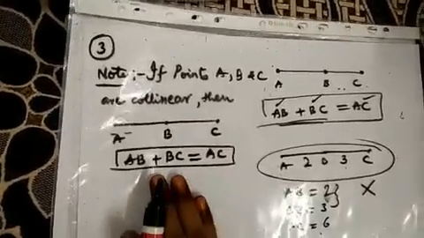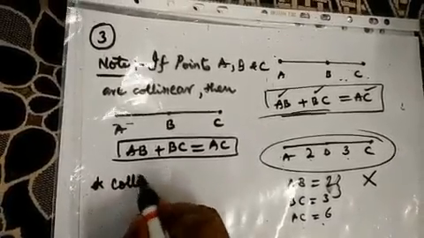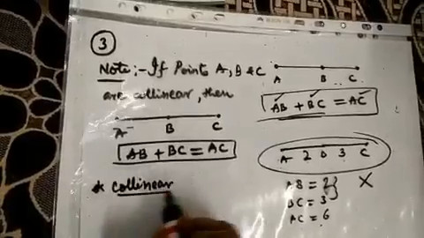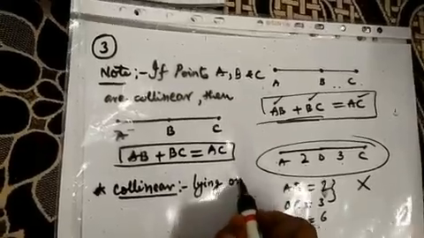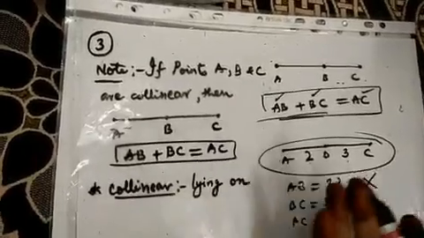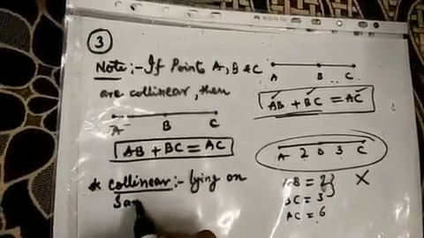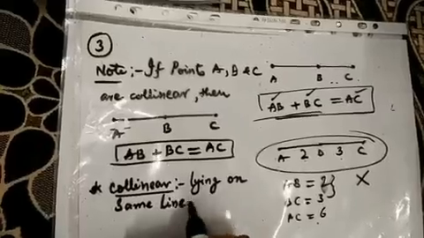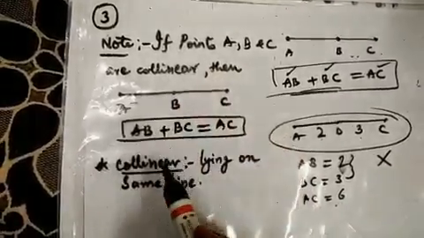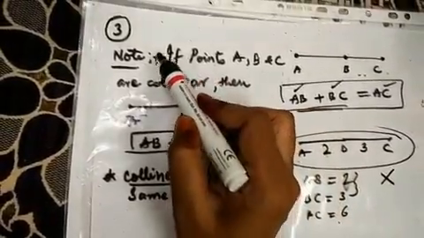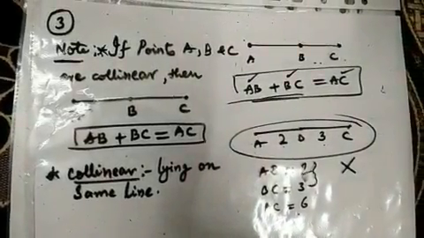Please do it. Okay? After writing this, for your understanding, write down collinear means lying on the same line. If I say points, then you should say points lying on the same line. Okay? Collinear means lying on same line. The keyword which I discussed in the starting is this. So please do write this note and do write this start point. Okay? Write down this start point, then we will start the solution.